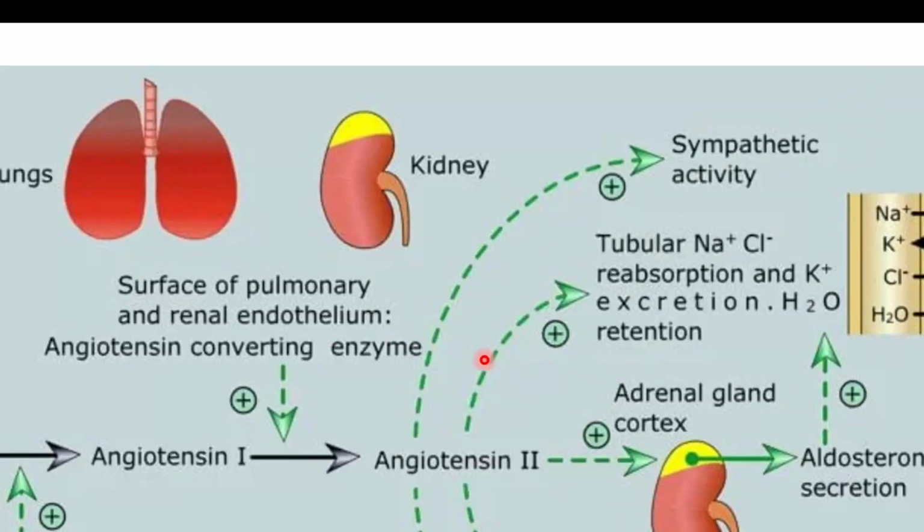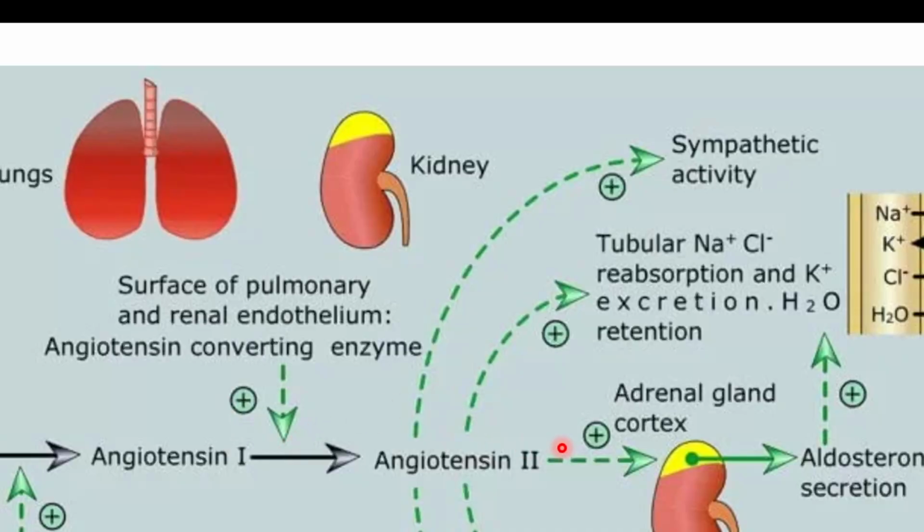So this is a whole schematic for the function of sodium and potassium and how aldosterone comes into the picture. This is a whole system called the renin-angiotensin system. Decrease in renal perfusion at the juxtaglomerular apparatus leads to secretion of renin from the kidney. Angiotensinogen in the liver is converted by the action of renin to angiotensin 1. On the surface of pulmonary and renal endothelium, angiotensin converting enzyme, or the ACE, converts angiotensin 1 to angiotensin 2.